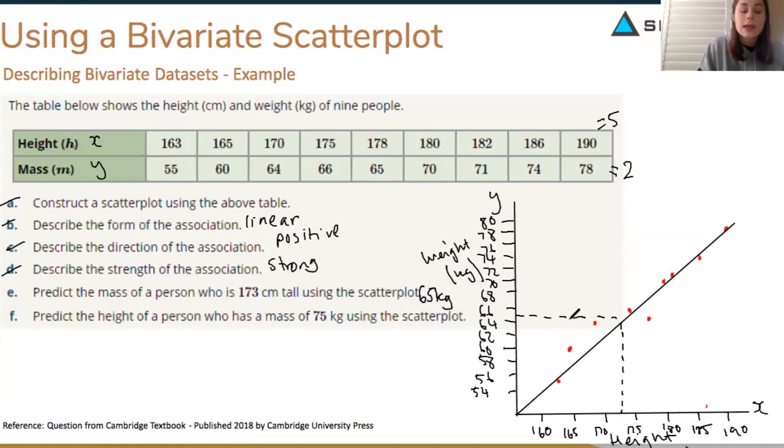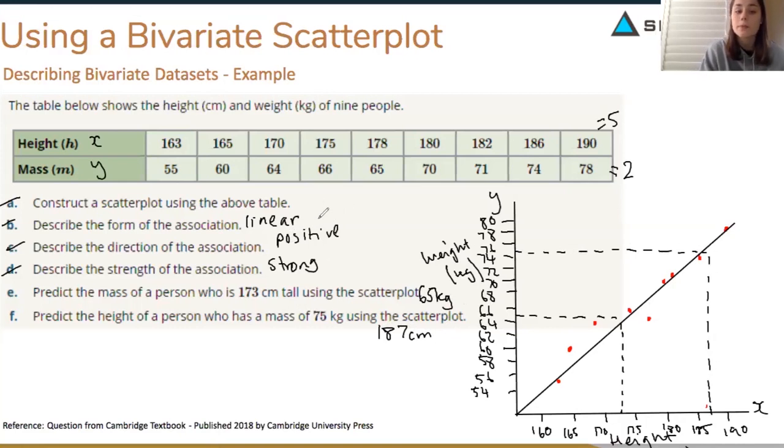kilograms. And predict the height of a person whose mass is 75. So 75 would be about here. And if I went down, I'm going to say 187 centimeters. So that's how you would describe bivariate data sets with the 3 different ways of describing: form, direction, and